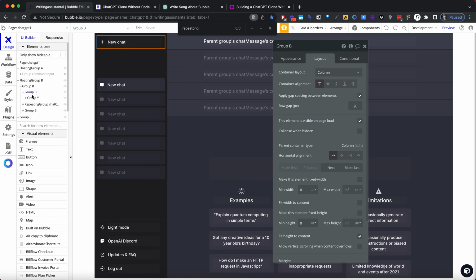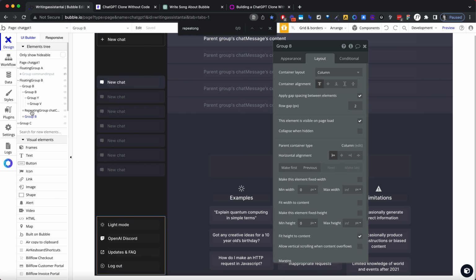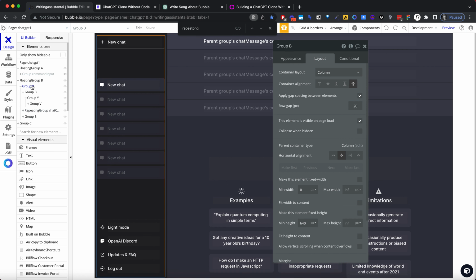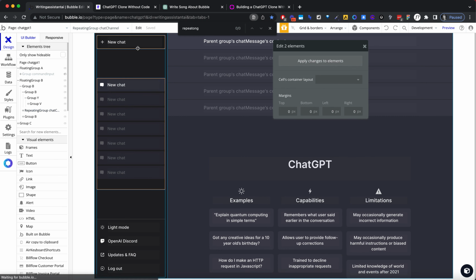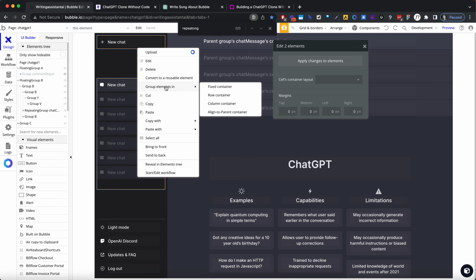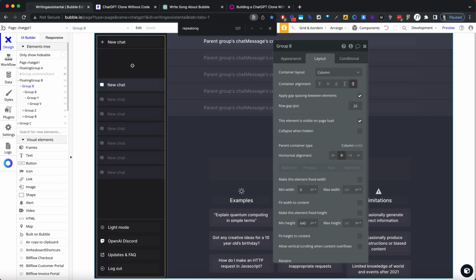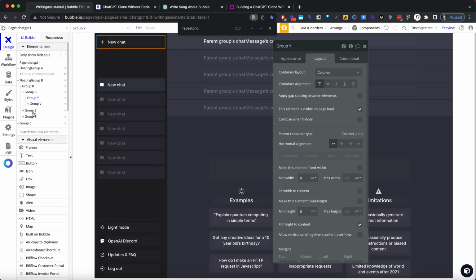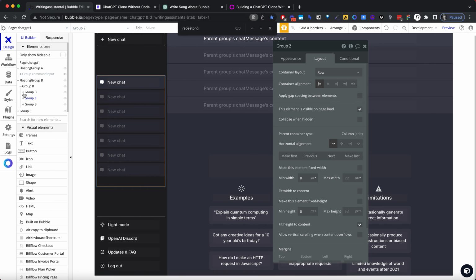This is group B. This is repeating group. This is group B. It's all in the same. But this one and this one, we can group these. Groups and